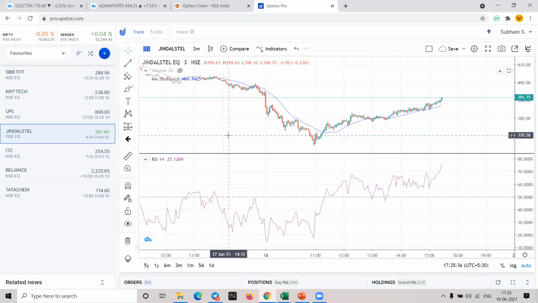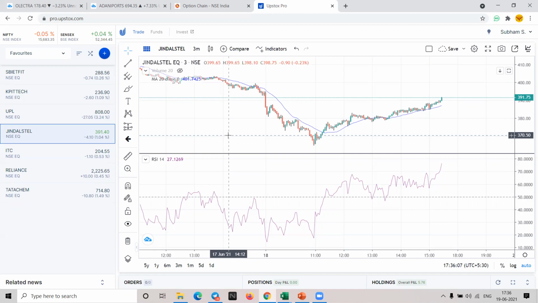We don't use it for overbought and oversold. We are not using it here. Basically, we use RSI to find out the strength of the move. And if the RSI value is going from below 50 to above 50, that means the strength is going towards the buy side. And when the RSI value is falling from above 50 to below 50, it is going towards the bearish side. Strength is getting decreased. What I have just told, is it clear to you?